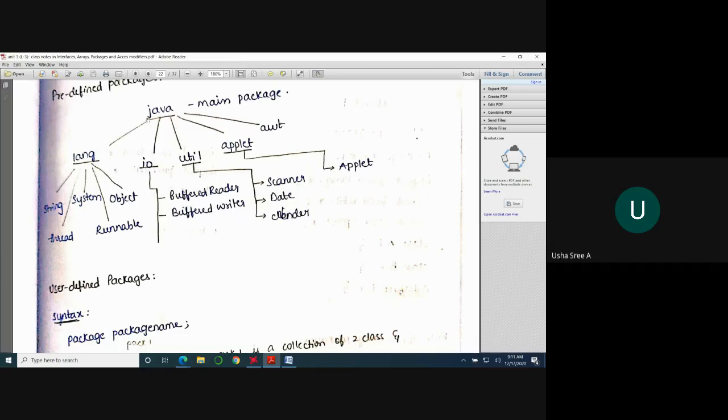Like that, in the Java package, we have subpackages like io, util, applet, and awt. I already explained that in the java.io package, we have the BufferedReader and BufferedWriter classes. I have explained the BufferedReader class. The BufferedReader class is available in the java.io package. That's why whenever you use the BufferedReader class in your program, you must import java.io.*